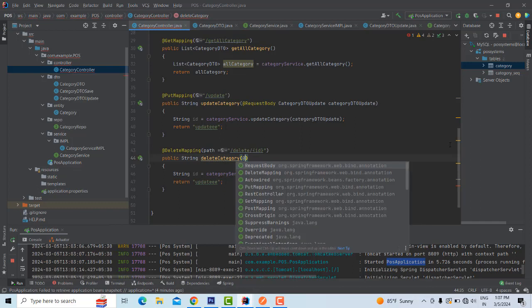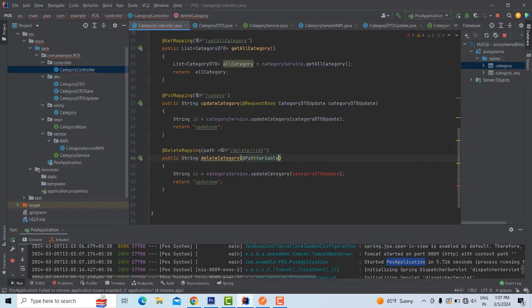You write the annotation PathVariable, with value equal to ID, int ID. What you are going to write is a Boolean type. So you write Boolean delete